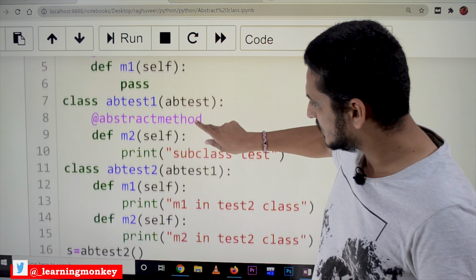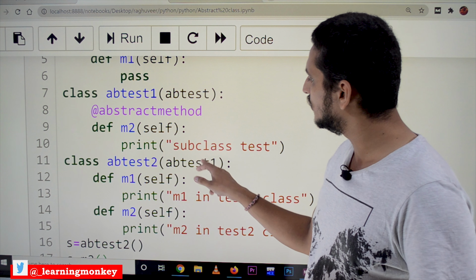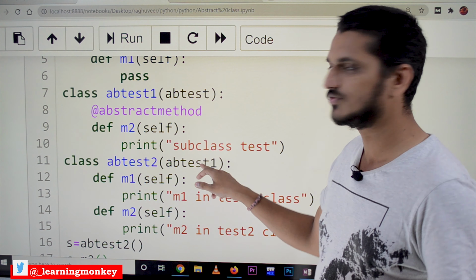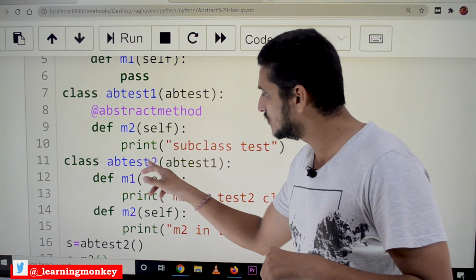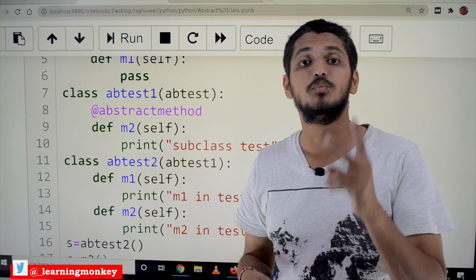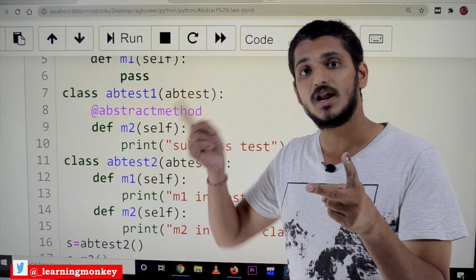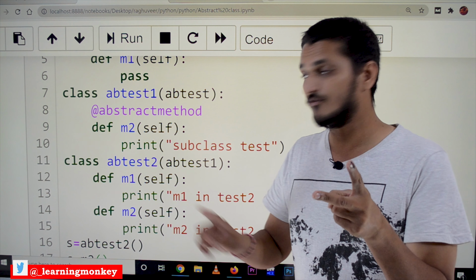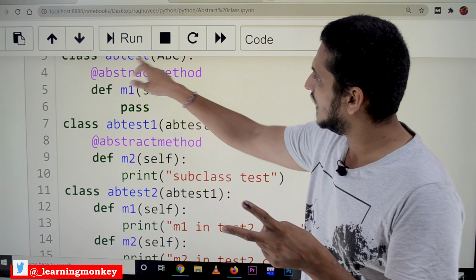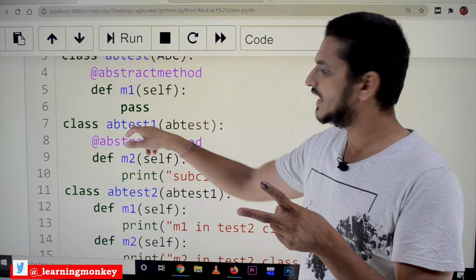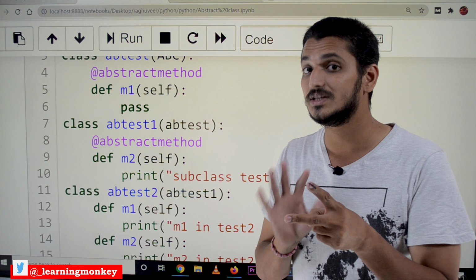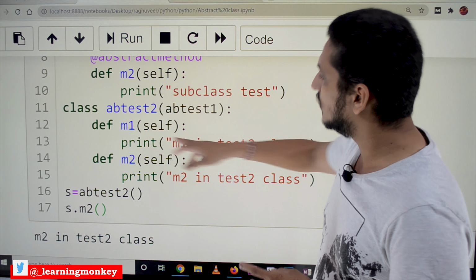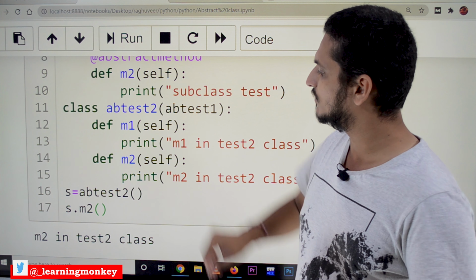Next, AB test2 is inheriting AB test1. Now AB test2 has to implement both methods M1 and M2, M1 from the class AB test and M2 from AB test1. Both methods have to be implemented. So in AB test2, M1 and M2 are implemented.